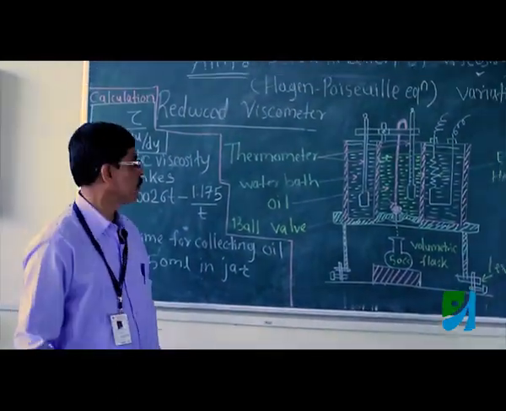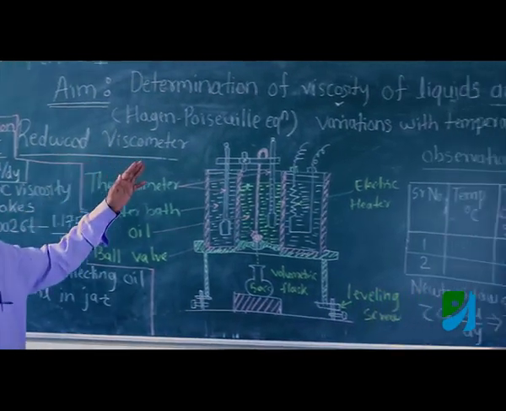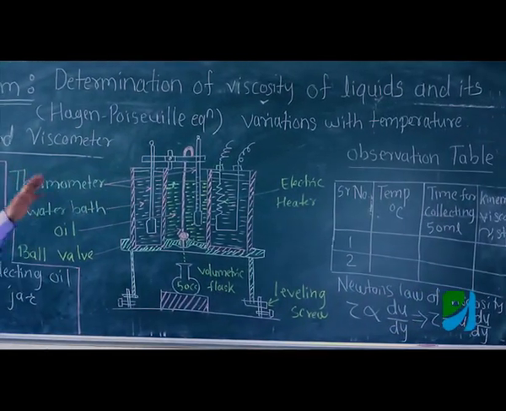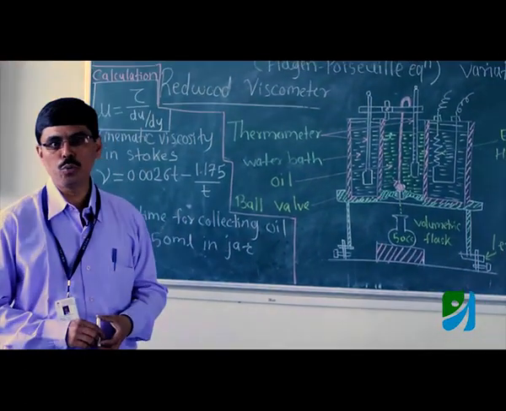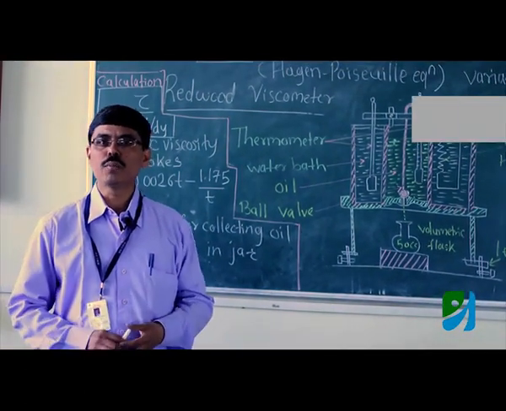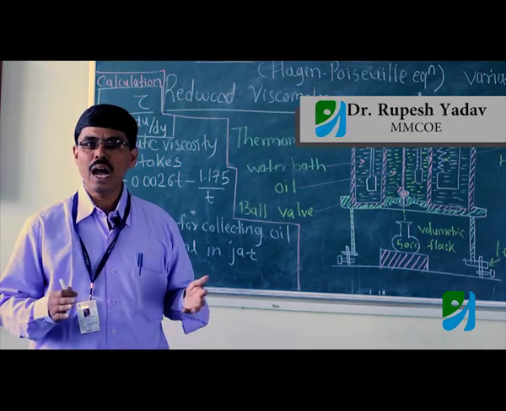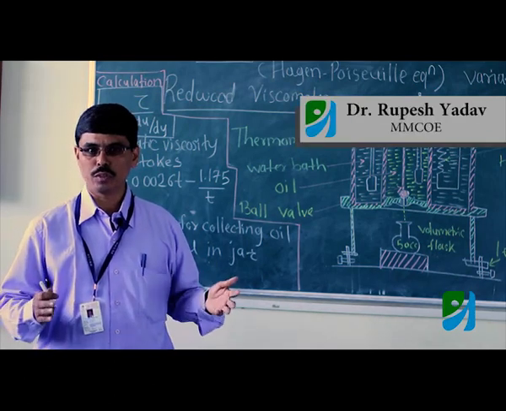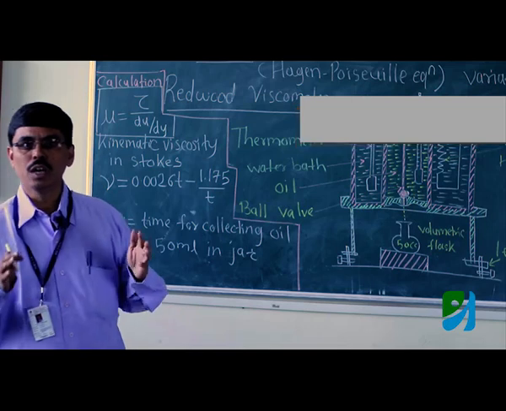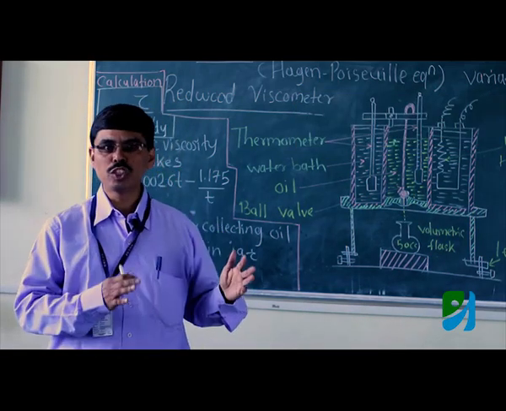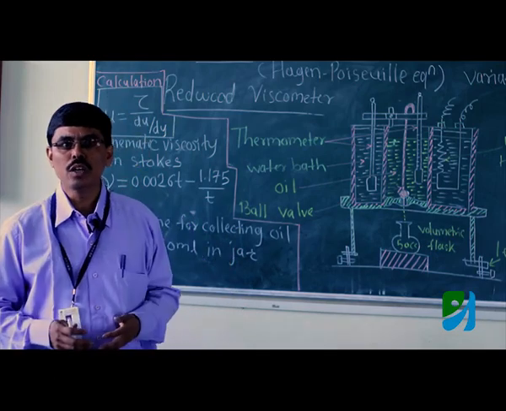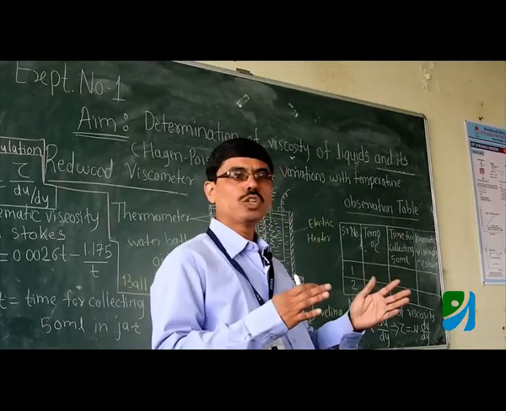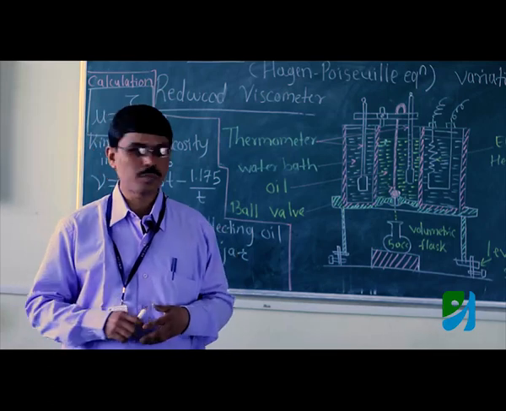Today we are conducting an experiment on the determination of the viscosity of a liquid and its variation with temperature. The aims and objectives of the experiment are to study viscosity, and determine the viscosity of a given oil and its variations with temperature. First we will see the theory and principles of working of a viscometer and viscometry, and then we will see explanations of the experimental procedures.